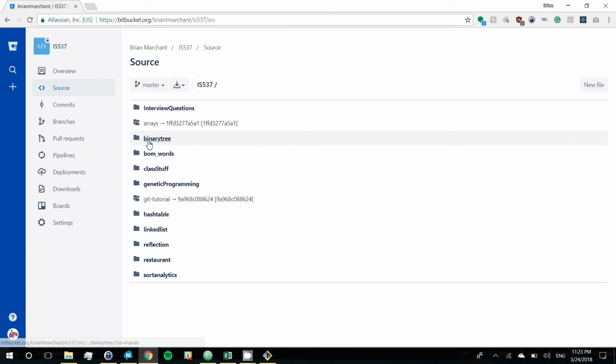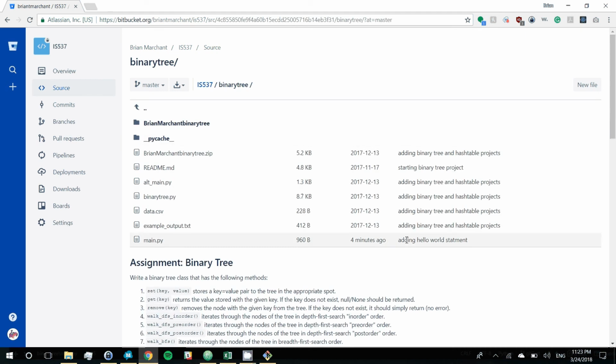And if we go into binary tree, we'll see 4 minutes ago adding hello world statement. So we see that that change was merged into master now. Now, like I said in the beginning, every day you'll want to pull from master onto your local repository so that you know that any changes that were made in master